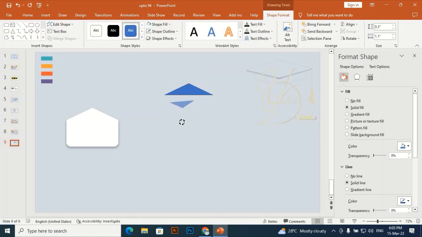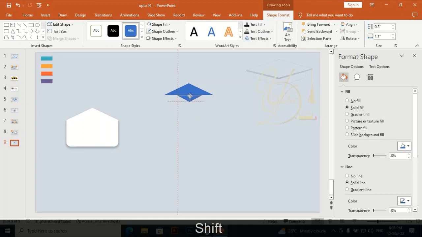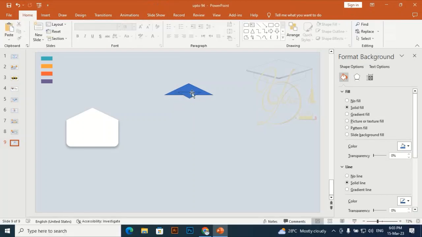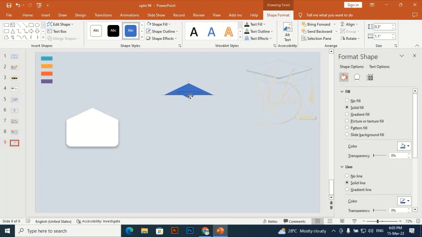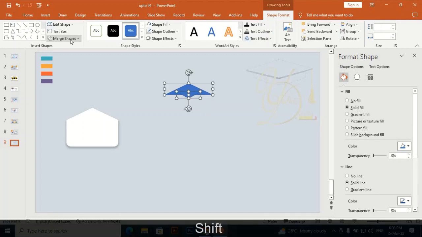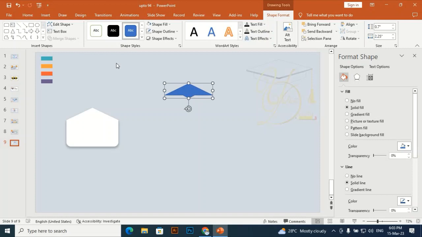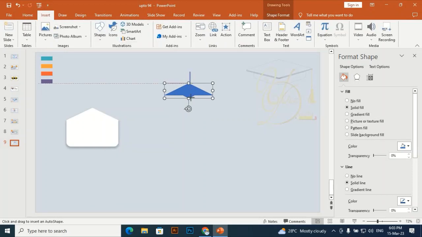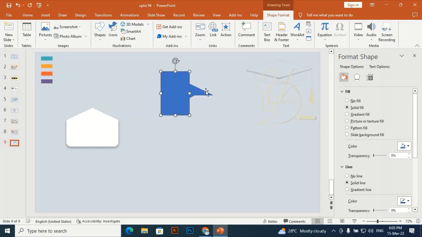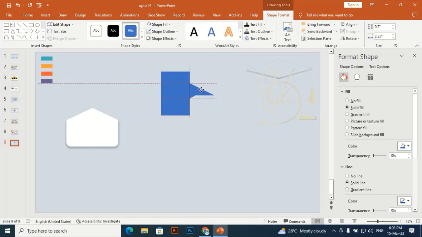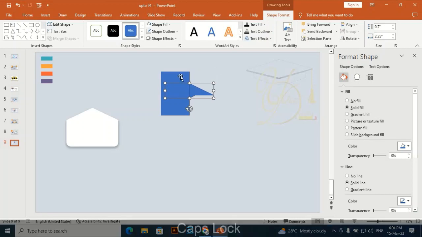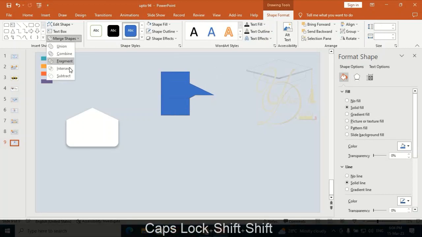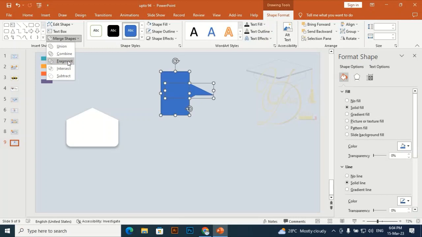horizontally and rotate through this handle by holding Shift and place it here at the center of the first triangle. Select both and go to Merge Shape Union. Go to Insert and take a rectangle and drag a rectangle like this vertically and align it. Select both Merge Shape and Fragment. Select this one, delete, and now select